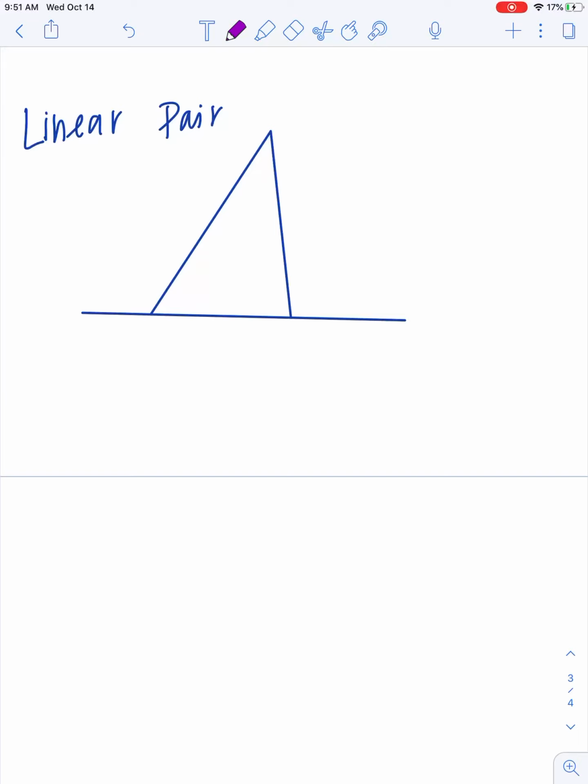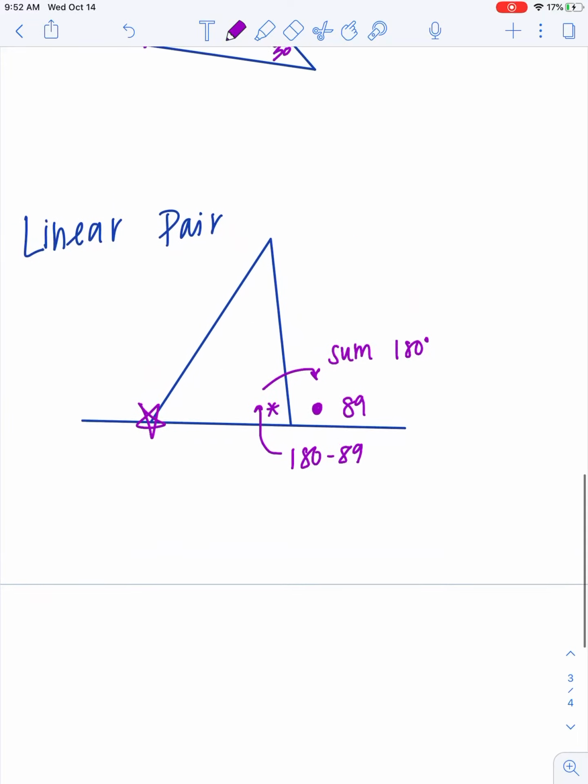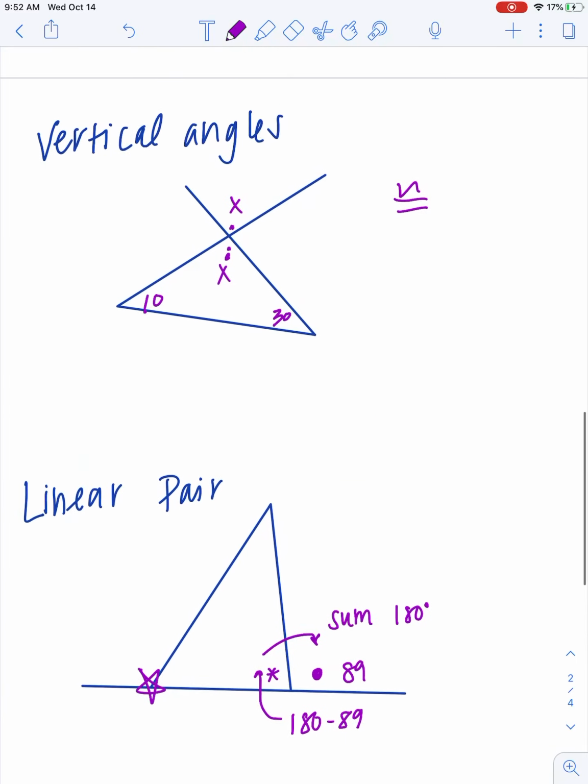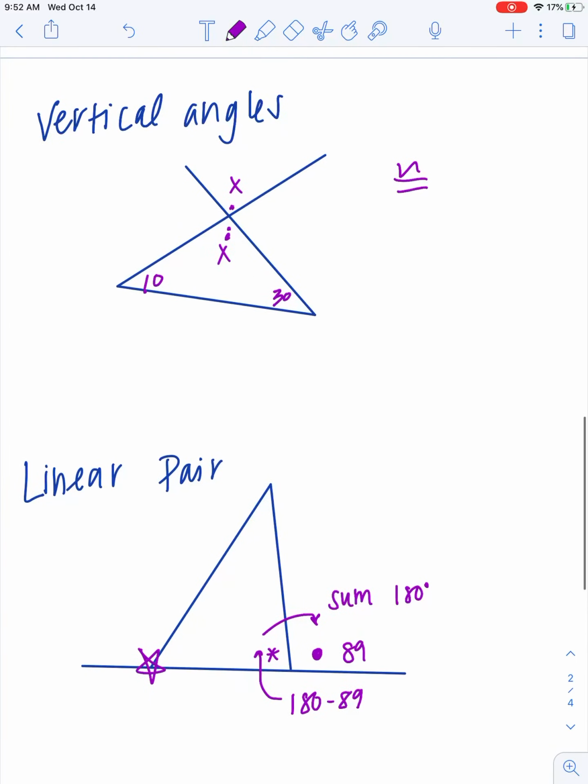All right, next we have linear pair, which I know we talked about earlier, but that's okay. So for a linear pair, if it gives you this angle over here, you also know this one here because together their sum is 180 degrees. So if I were given this angle to be 89 degrees, I would automatically know this one has to be 180 minus 89. And the same thing if you have it on the other side over here. So whenever you have a linear pair, if you know one angle, you know the other. And so that will be helpful as well for lesson 5.1. So hopefully this clears it up enough that you can